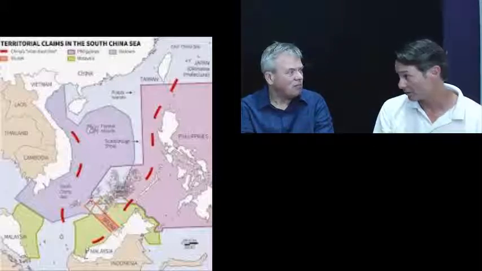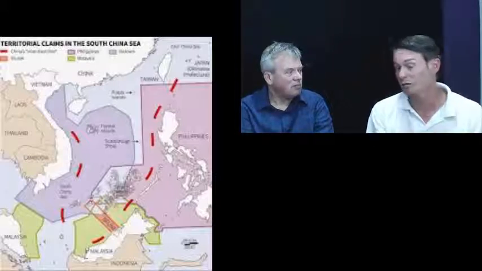So the Chinese, from a very early stage in the tribunal process, reiterated their claim of the now infamous nine-dash line, which is a large area that surrounds about 90% of the South China Sea. So we're talking about a significant portion of the South China Sea. China claims within the nine-dash line, but China has been very elusive about what that actually means.